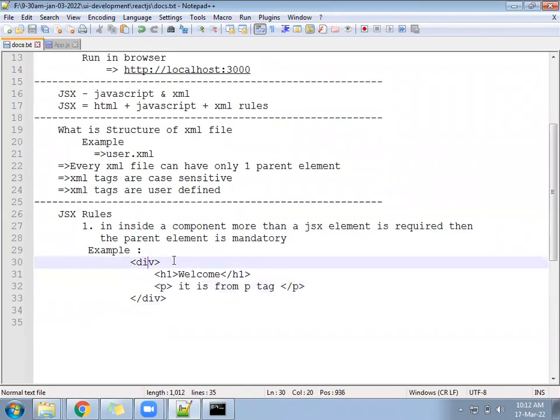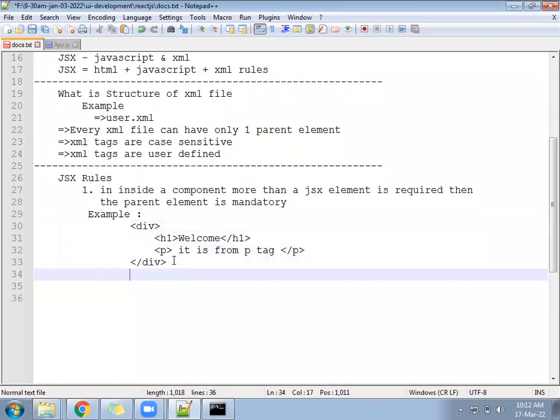In one component, if more than one JSX element is required, more than one HTML tag is required, then what is compulsory? Parent element is compulsory. We must keep them inside a parent element. Okay, next after that,